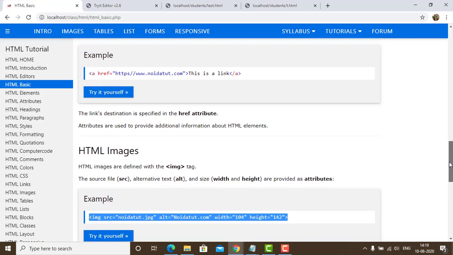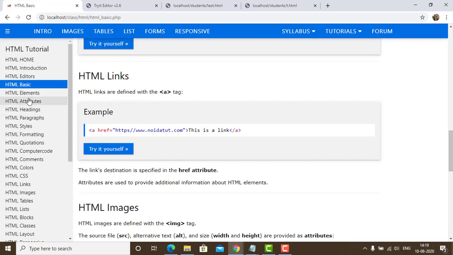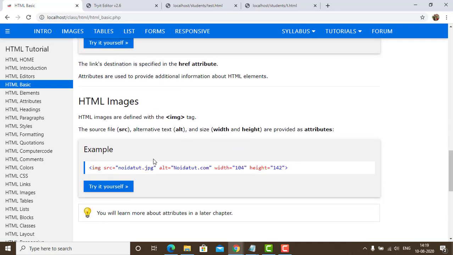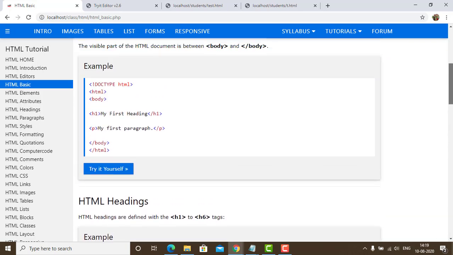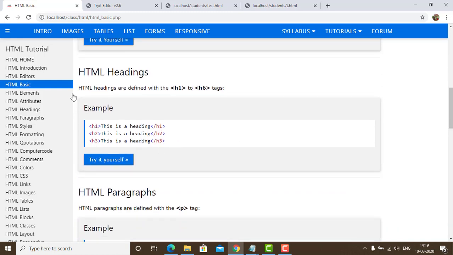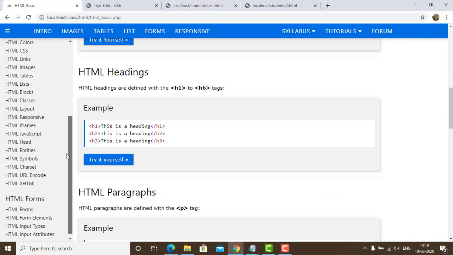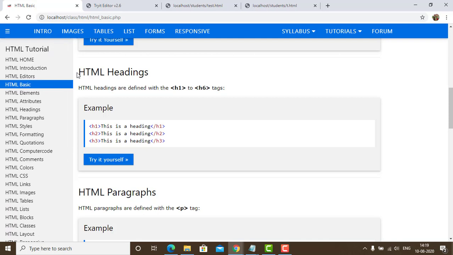Now proceeding further, again we are going to see further things in our HTML. You can see that we have seen how we can create a link inside a web page. We have also seen how to embed an image inside a web page. This is what you can practice for today. In my further tutorials, I am going to practice all these things that are written here. Meanwhile, you can practice on Notepad.